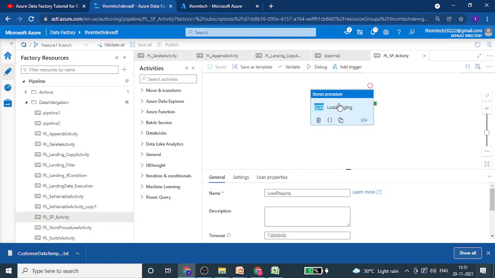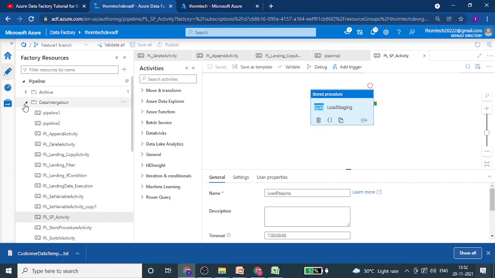It is going to insert into a log table saying that the file has been loaded. Just assume that this is the flow. First this pipeline should run, and once this has succeeded, we should go for execution of the second pipeline.